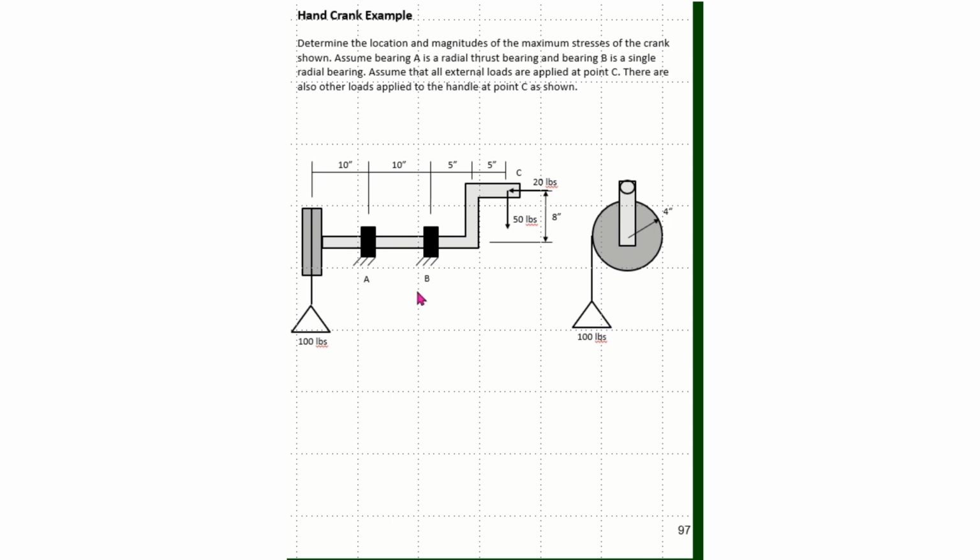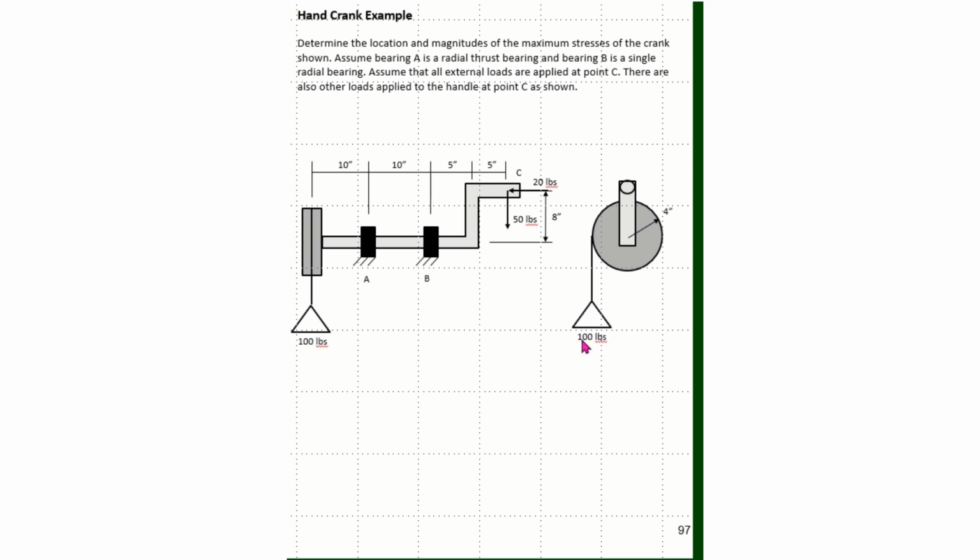The dimensions here are shown in inches, so we have 10 inches from the end disc to the first bearing, 10 inches between bearings, and then 5 inches between the first bend in the handle and another 5 inches along the handle to where the loads are applied. The disc on the end has a 4-inch diameter, or 4-inch radius, and then 100 pounds pulling down that we're